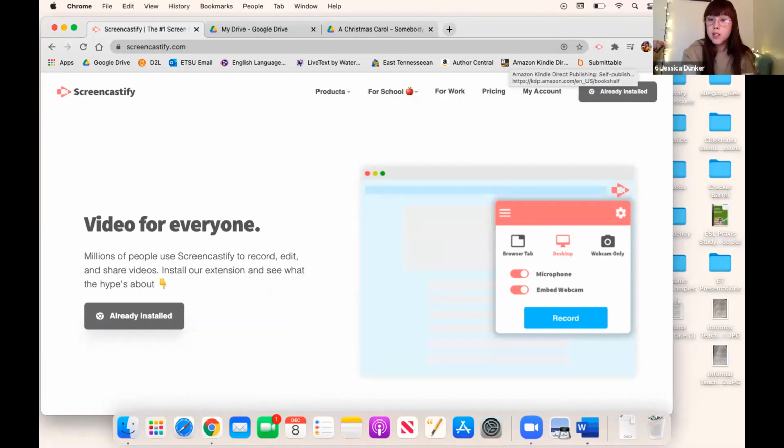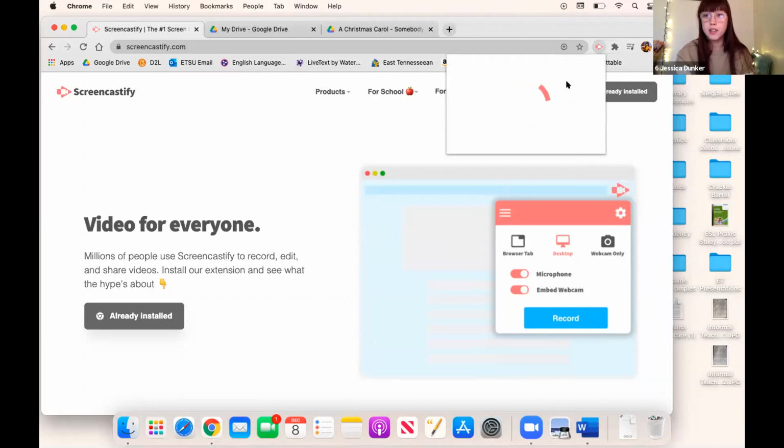If you do not use Google Chrome, that's okay. You can use Safari. I personally would recommend downloading Google Chrome just because we're about to dive into more Google products, including Google Drive. But we'll get back to that. Very easy stuff. Once you've done the download, all you do is click the little icon at the top of your screen